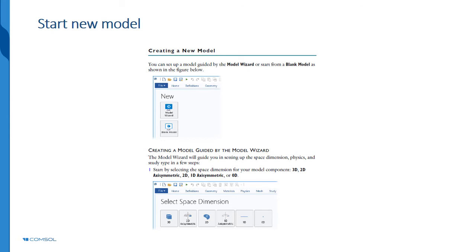If we start from zero, we're going to choose blank model, and then after that you're going to choose the dimension, either 1D, 2D or axisymmetric. For us, we're going to choose 2-dimensional.